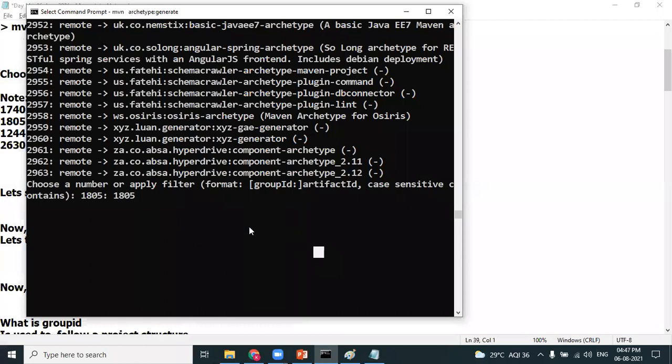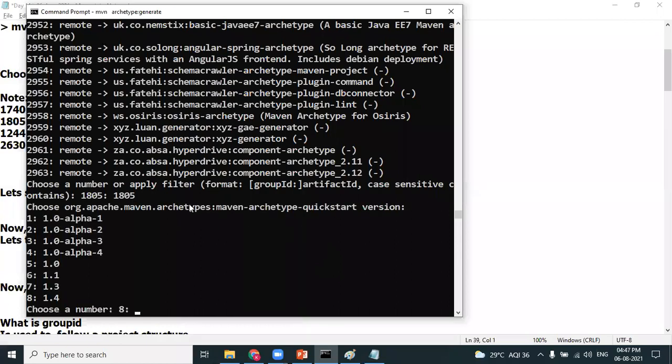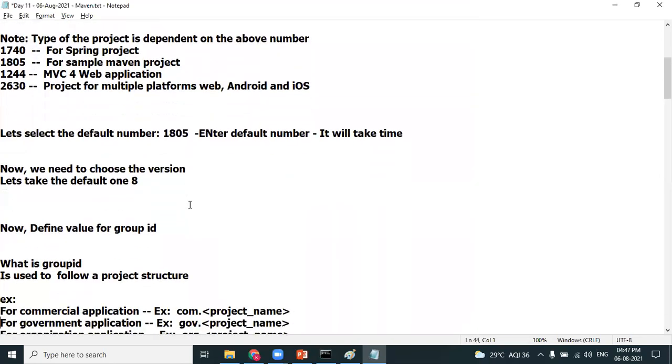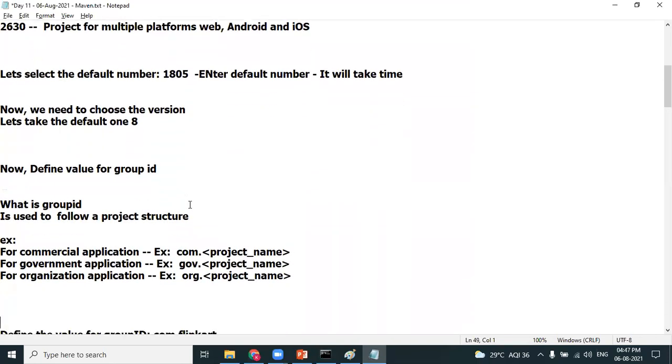Next, when you enter 1805, it will ask for the version. Please take version 8. This is the quickstart version. It is asking for the group ID, which is something important. If you are building a commercial application, you should mention com.projectname.